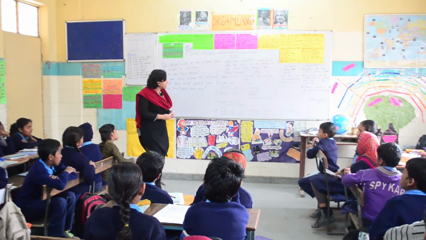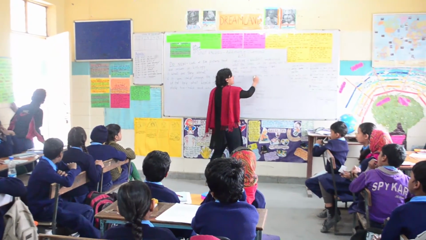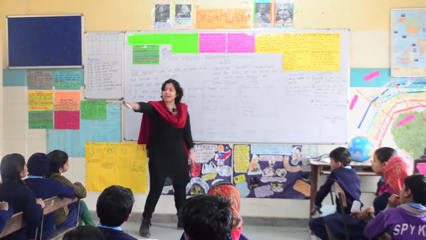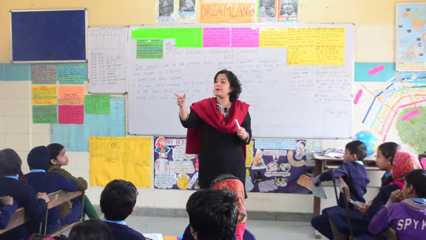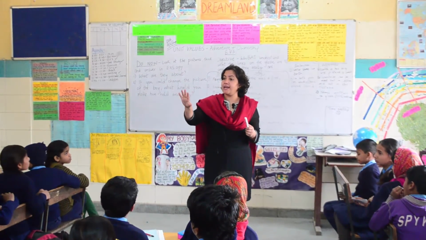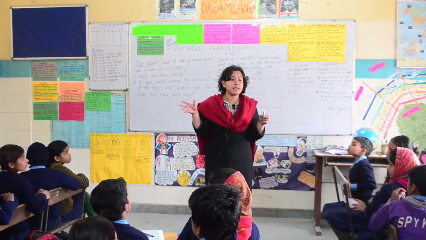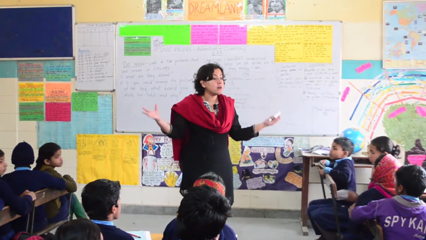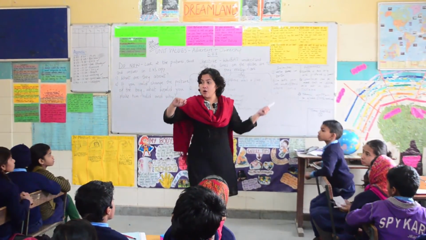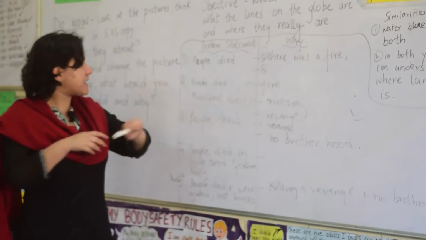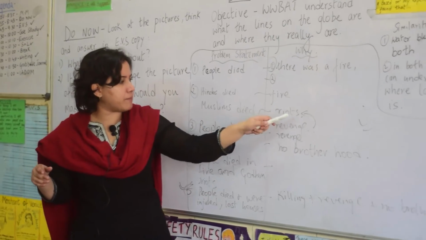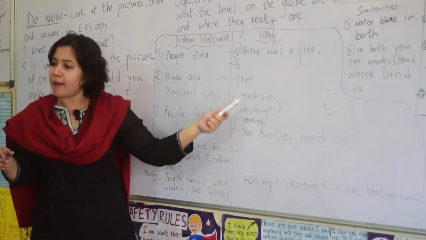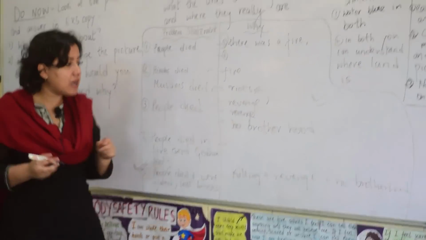Let's look at the whys. First group said people died and there was a fire. And why I said that you didn't read properly is because in the fire, how many people died? 59. And what about in the riots, how many people died? Hundreds. You didn't even reach the riot. Okay, so this next one, Hindus died because of the fire, the Muslims died because of the riots. This happened because of revenge. And I love how you're a